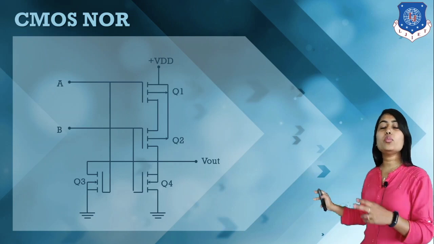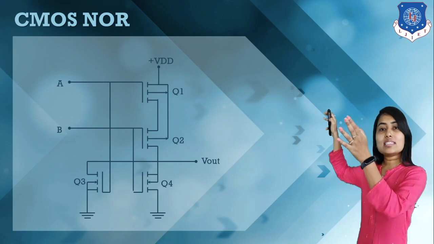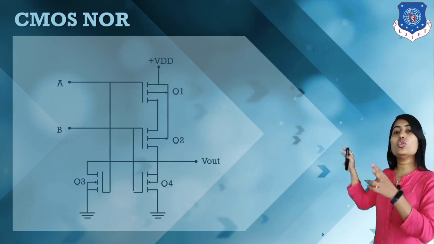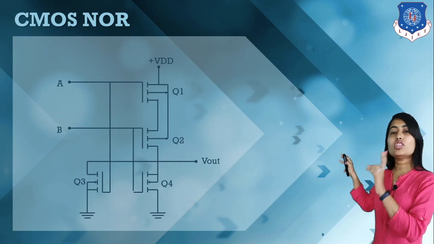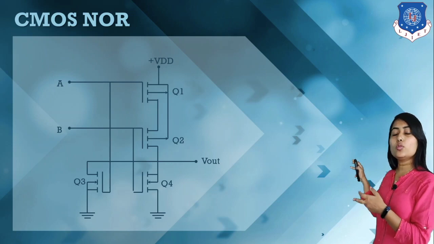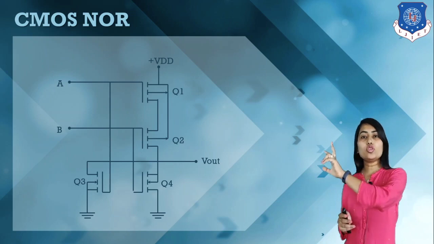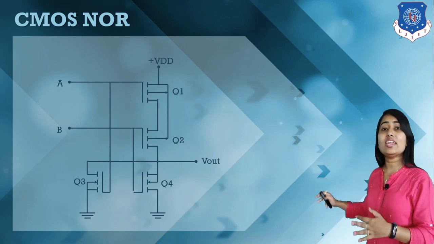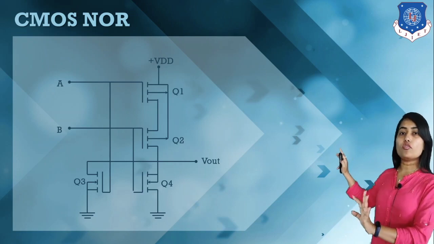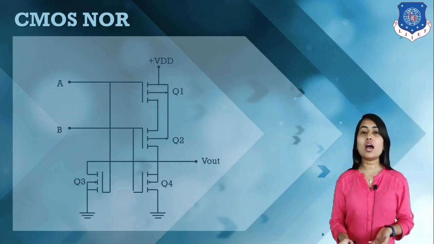But if both the inputs are 0, the N channel MOSFETs are off and the P channel MOSFETs are on, so there is a path to flow at the output side. So when A and B both are equal to 0, Q3 and Q4 both are on, so VDD can flow through Q3 and Q4 to the output side, and we have a voltage at the output. So when A and B are 0, we have an output of 1, and for the remaining conditions, when any of the inputs is 1, one P MOSFET must be off, so there is no connection, there is no voltage at the output side, so our output is equal to 0.